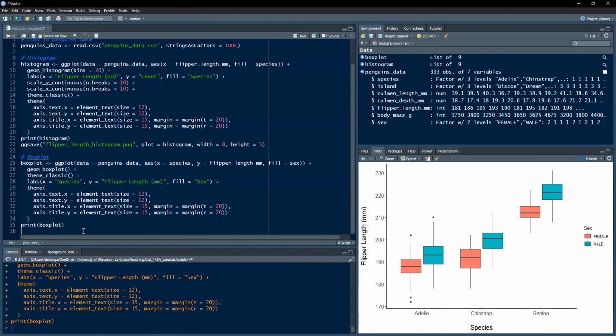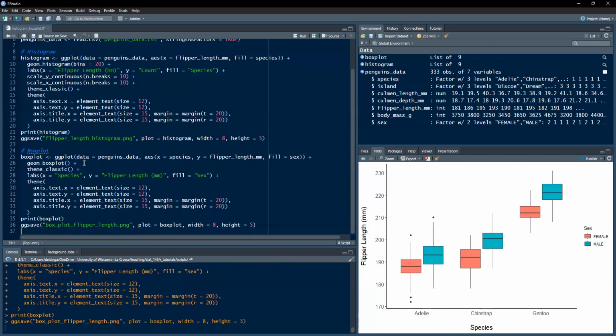And again, you might want to save it. So you should say ggsave, and I'm just going to copy. Well, it's probably fine, but let's call it boxplot flipper length.png. The plot we're going to say is the box plot. And then the width we'll say is 8, and we'll say the height is 5. And so if we run all this, print, save,